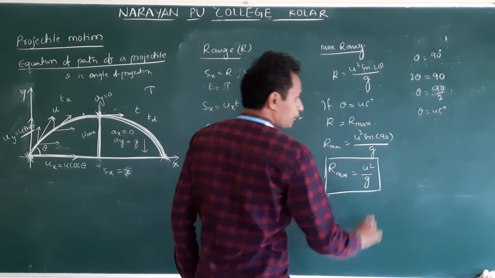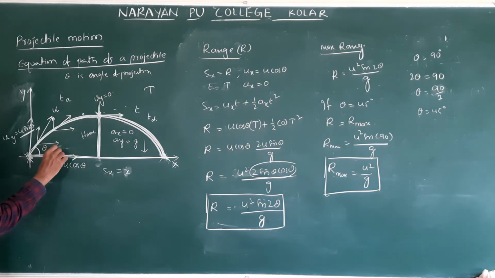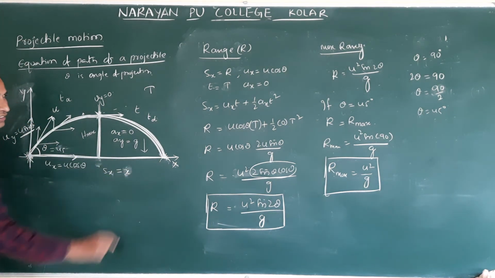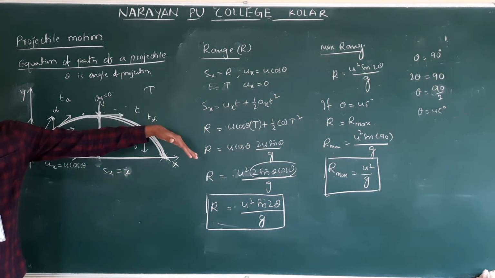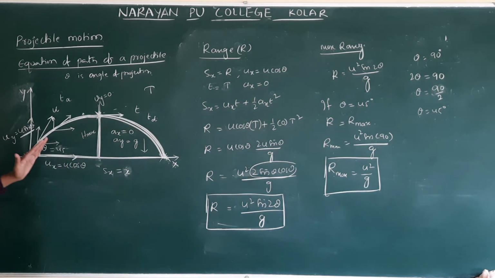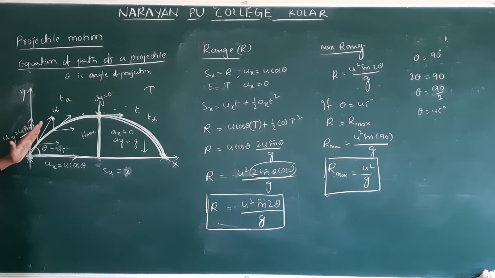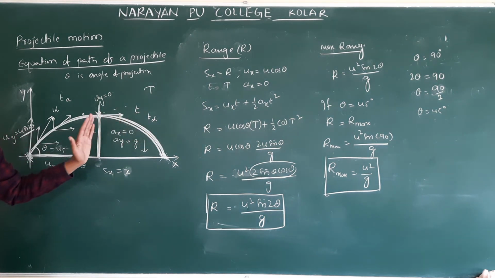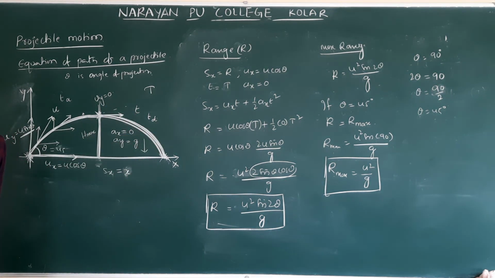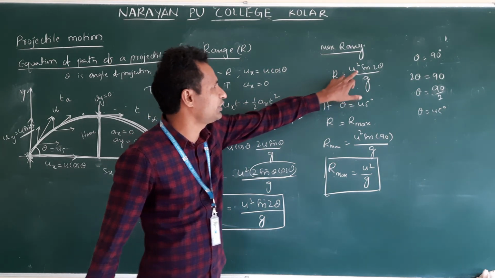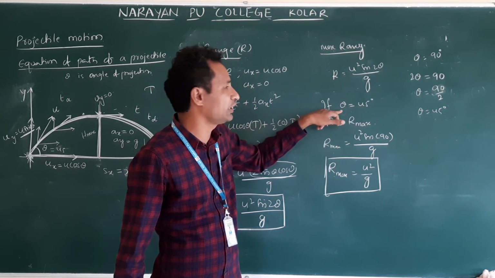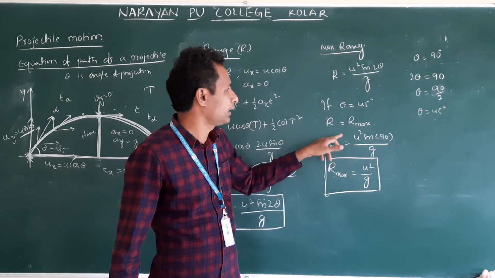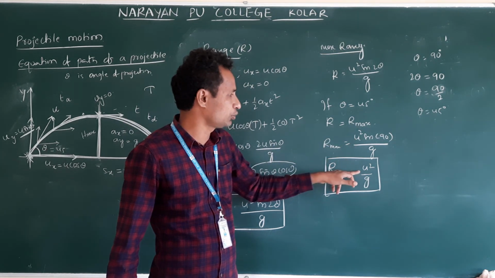So for a projectile, if you project at theta equal to 45 degree, the horizontal distance will be maximum. Then it travels more distance, it covers more distance along x direction. Understand? Clear? For a given velocity, if we throw with 45 degrees, then the projectile will have maximum horizontal distance. So the R formula is u square sin 2 theta by g. If they ask R max, what do you write? If theta is equal to 45, range will become maximum. Then R max is equal to u square by g.